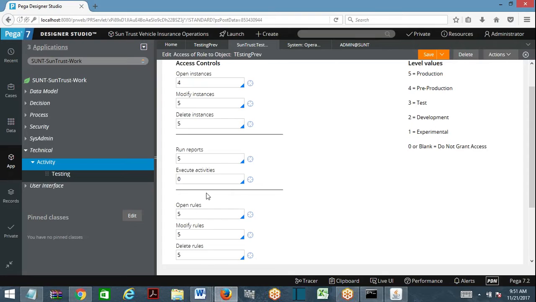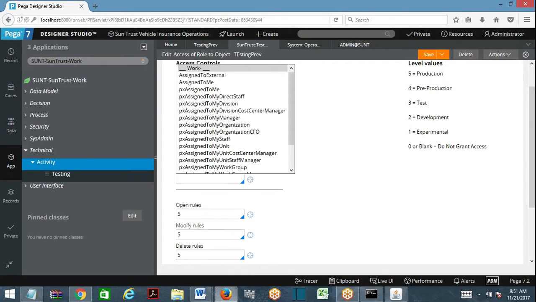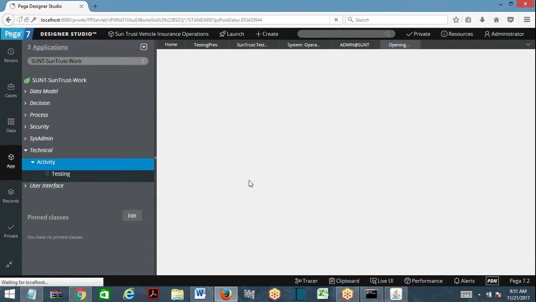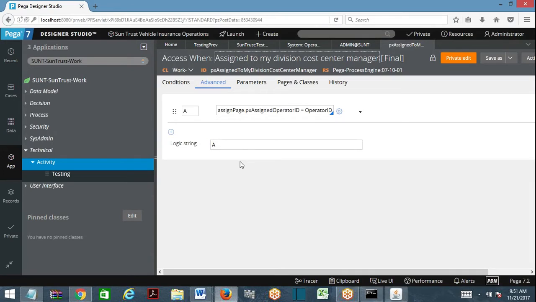Now what should you do? Access when rules are available. Okay, I'll open and show you. Access when or access deny rules. Access when. So you have to write a when condition. It doesn't deal with environment now. You write a when condition. So if you want to prevent in 4 and 2, there should be some criteria, right? Based on what criteria you want to prevent in 4 and some other 2. That criteria you write down here.